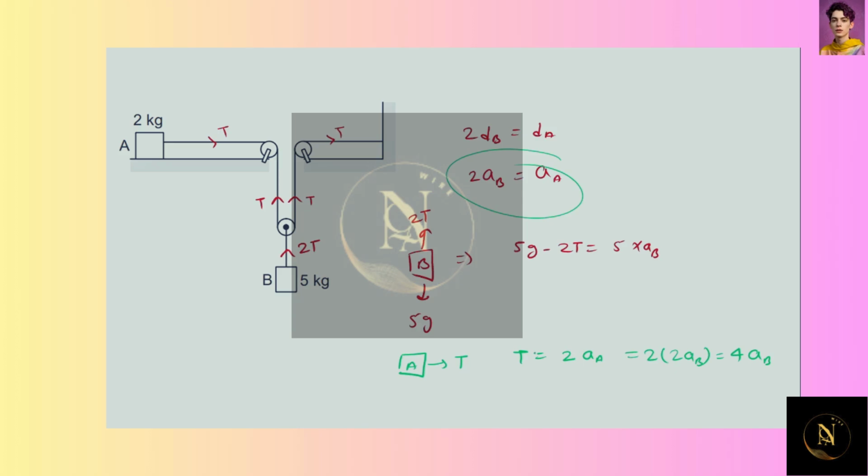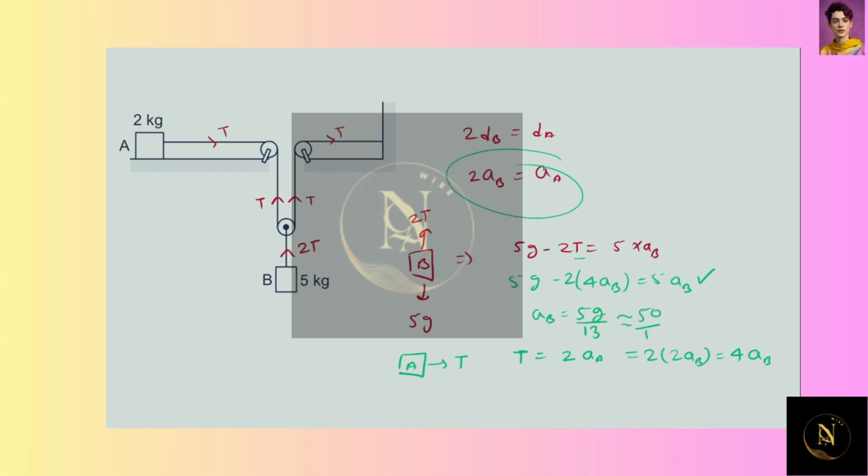Now we have found the value of tension in terms of acceleration of B. Now we are going to put this value here. It will result as 5G minus 2T equal, 5G minus 2, and T is equal to 4 times the acceleration of B, equals 5 times the acceleration of B. After solving this equation, we found AB to be 5 times the acceleration of gravity divided by 13,